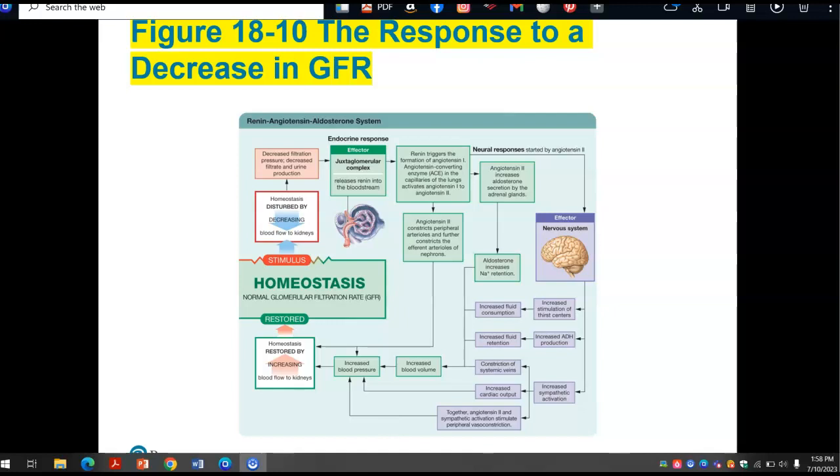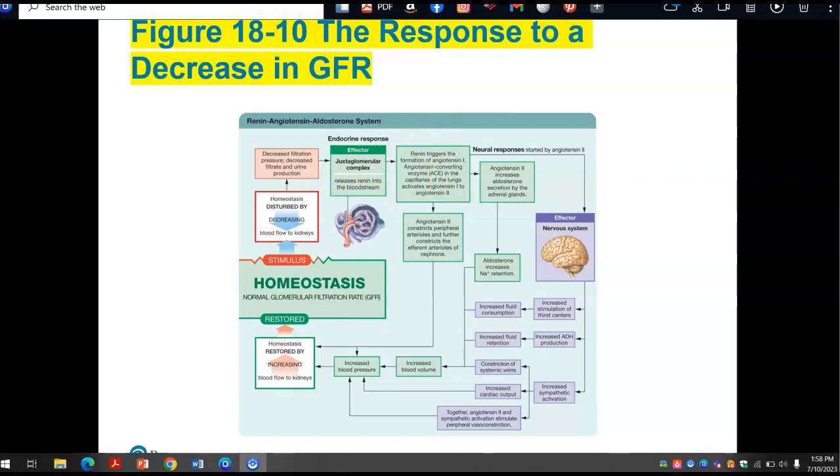And all of that leads to two things: increased blood volume and increased blood pressure, which is going to restore homeostasis, restore normal GFR. So again, this shows you what happens to lead to the renin-angiotensin-aldosterone system being